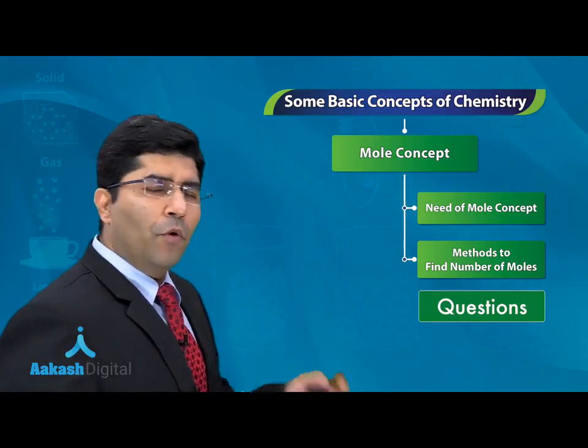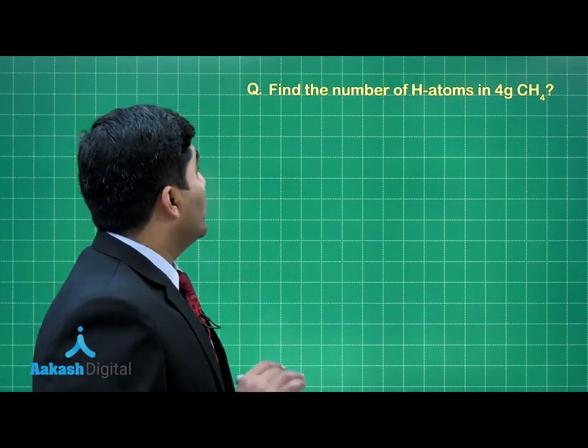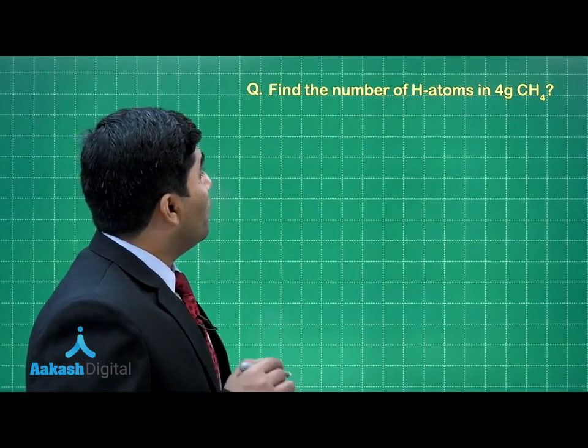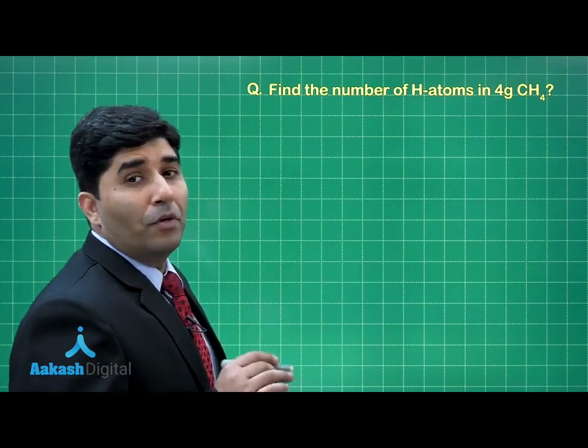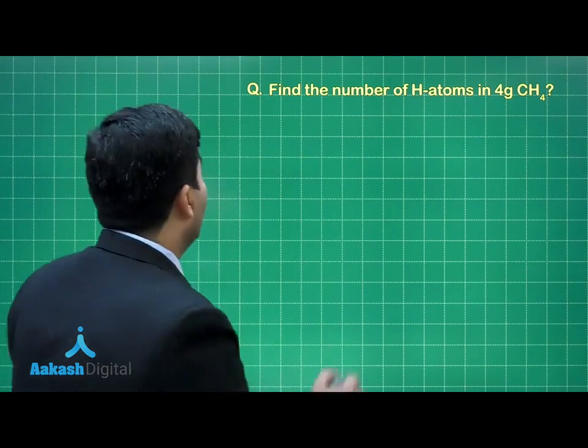Let's solve one more numerical. Now, in question number 1, he is asking: find the number of hydrogen atoms in 4 gram of methane. So, the solution will be